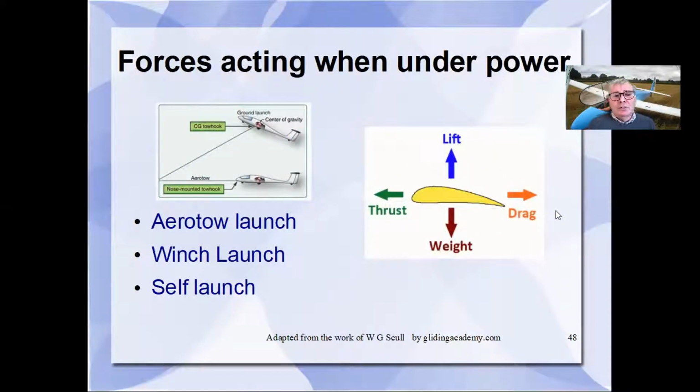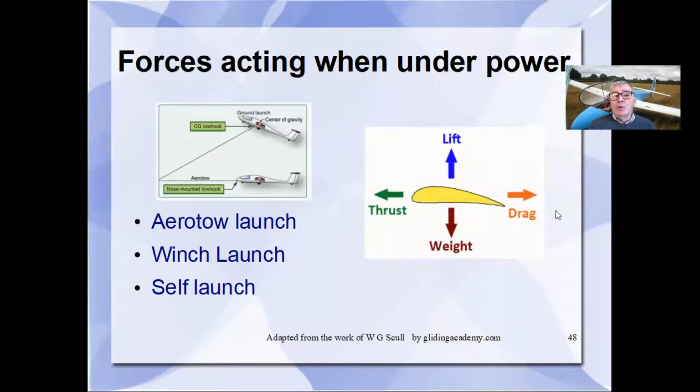When we're talking about forces acting on a sailplane, we typically refer to 3, so that's lift, drag and weight, but under some circumstances there is a 4th, and that is thrust. So when the glider is under power, it has an additional force acting on it, and that might apply when perhaps we're on an aerotow launch, so the thrust is provided by a tow plane. It might be a winch launch where the thrust is supplied by a winch via a cable,